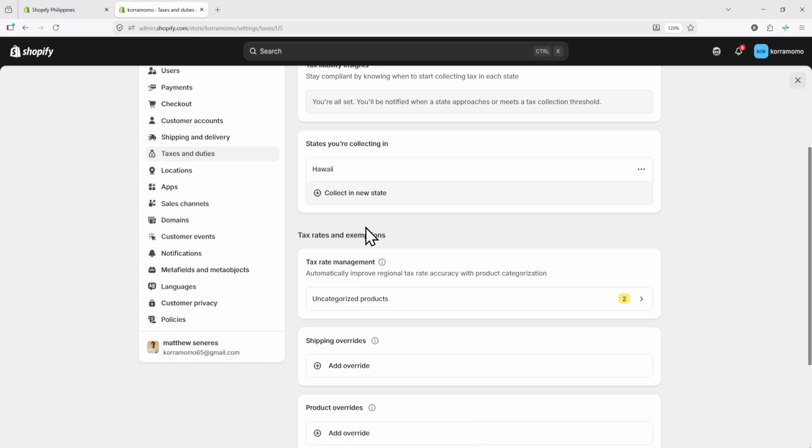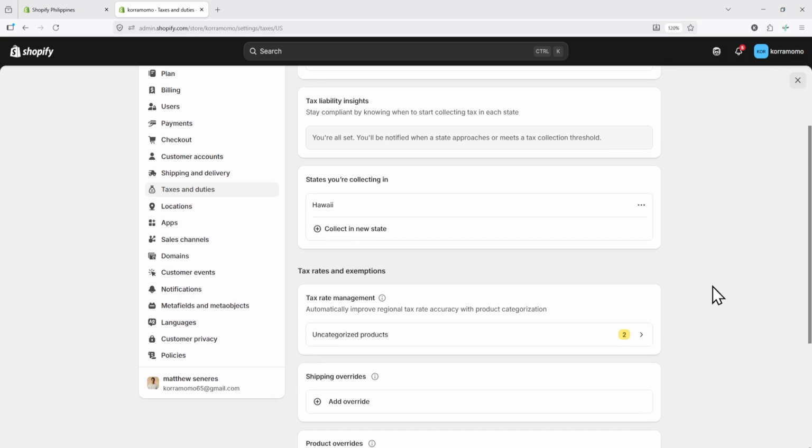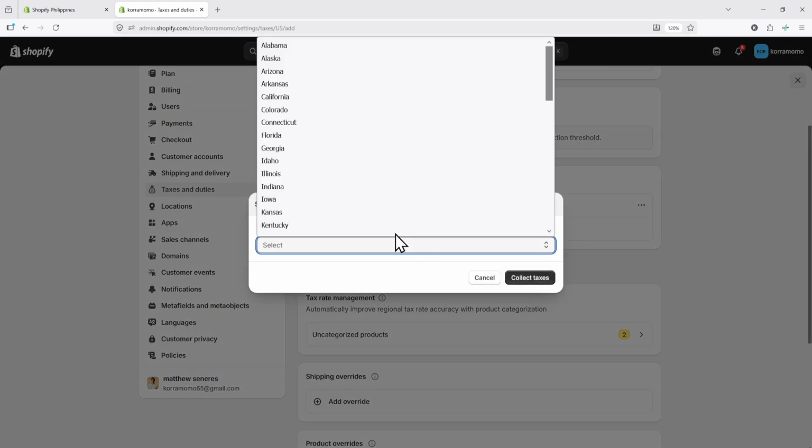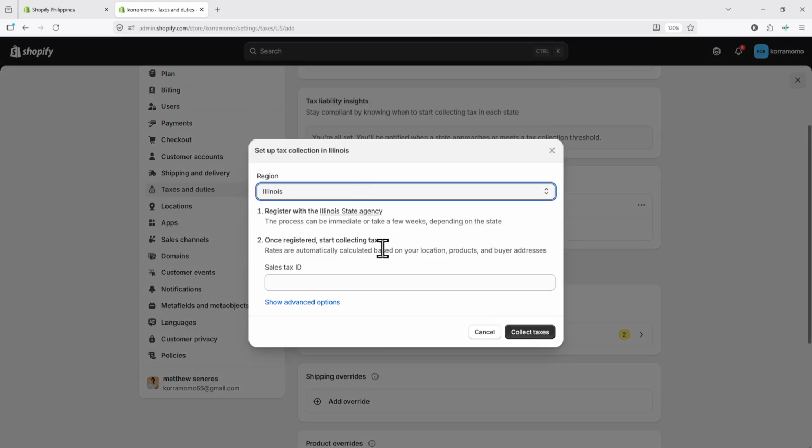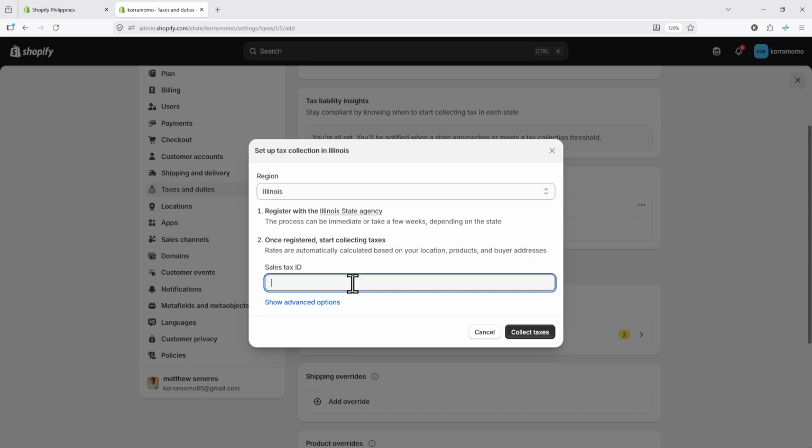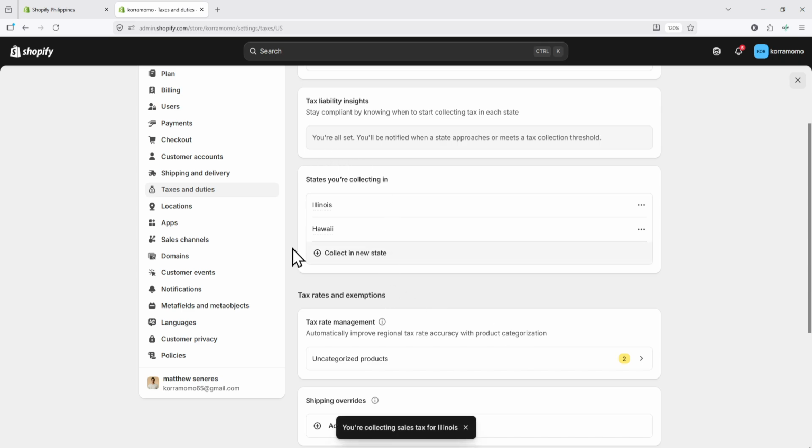Now repeat the same process for every state where you have a sales tax registration. Click Collect in New State again, choose the next state from the dropdown, then enter that state's sales tax ID carefully in the field. Click Collect Taxes to add it. Continue through each registered state one at a time so each one appears in the collection list at the top